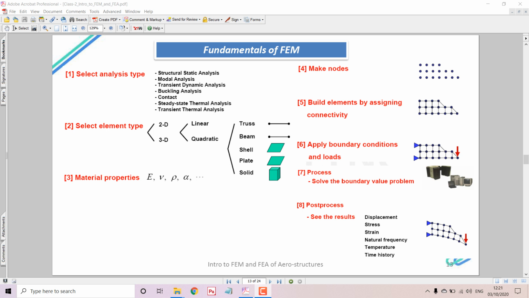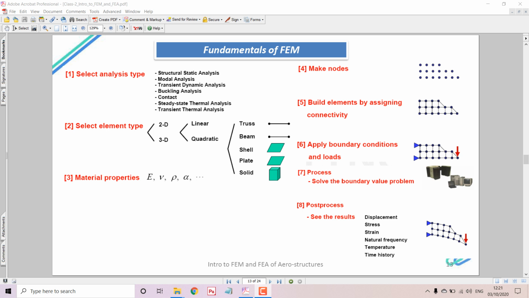Suppose there is a simple structure like a beam, or if the user is analyzing some part within the aircraft which is static and bolted onto some other structure, a simple static analysis of the